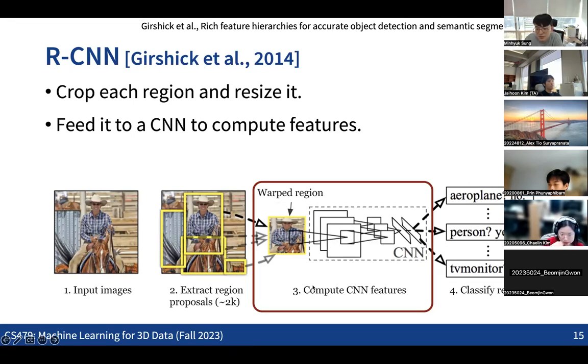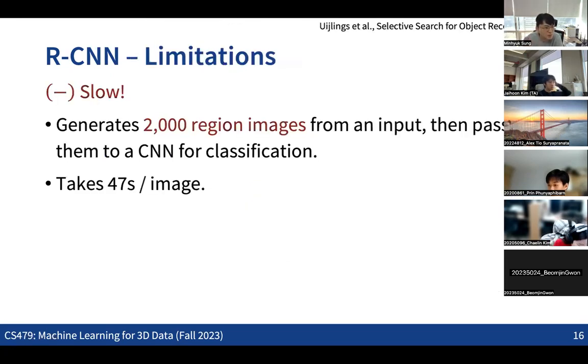Yes, as you answered, obviously the problem is that it'll be really slow. Actually, there are two reasons why this will be slow. The first reason is that we are incorporating the region proposal algorithm, which proposes regions in a hierarchical merging way, which means it's an iterative step. So we need to iterate the hierarchical merging multiple times to get the regions at all the different scales. And this takes some time.